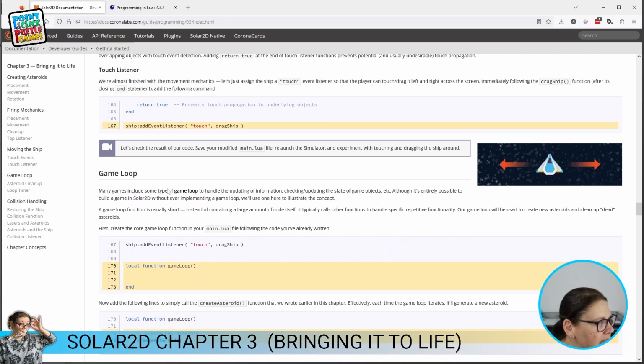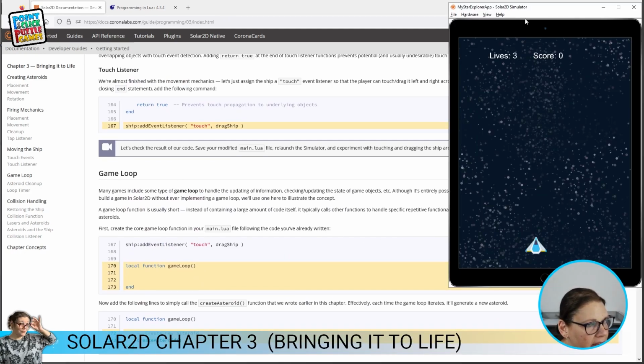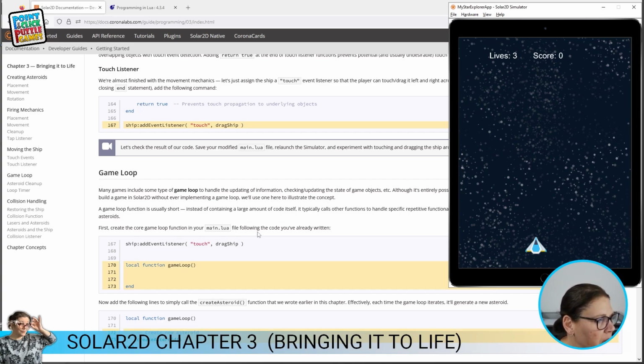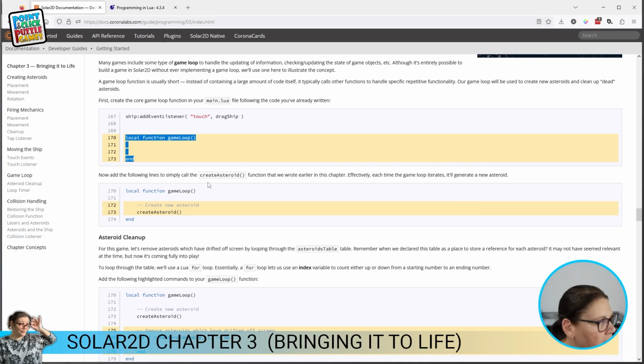Okay, so now we've got to loop the game. First of all, we've got to update the scores regularly, and obviously asteroids are going to be coming and going really quickly. They're going to be created, they're going to be banging into things, the laser's going to be firing, so there's a lot of things that need to be updated in milliseconds or less through the game. So we're going to create some sort of game loop, and with that we are going to call the function